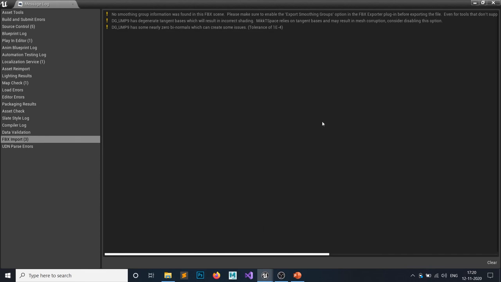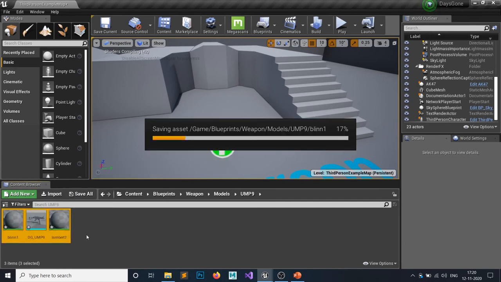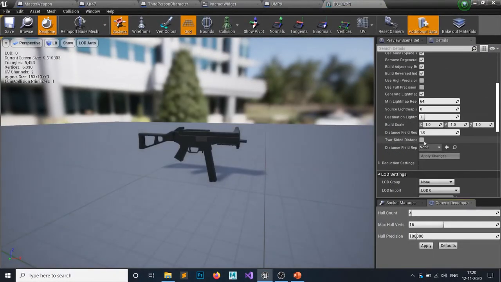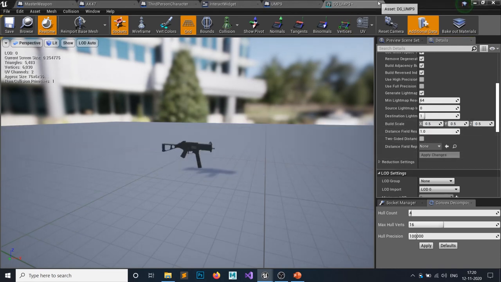Now my UMP is not measured well, so I will simply change the scale. This is how you can add a new gun without any issues. Let's set it to 0.5, 0.5, 0.5, apply and close this up.